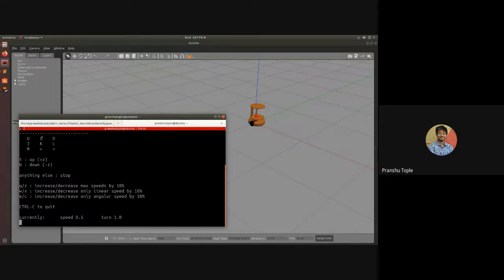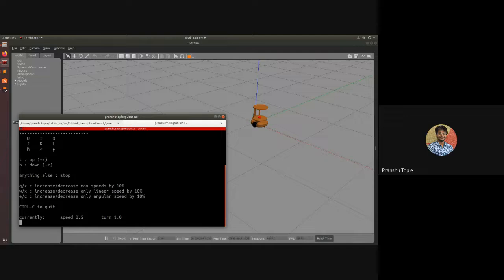It will keep moving forward. I don't have to continuously press it. I have to just press it once. And if I press the less than key, okay, not the arrow key, the less than key, it will go backward. And again, to stop, I have to press K. For left and right, J and L are respectively pressed. And for forward left and forward right, U, O, M, and this. So technically, it's occupying the right side of your keyboard.